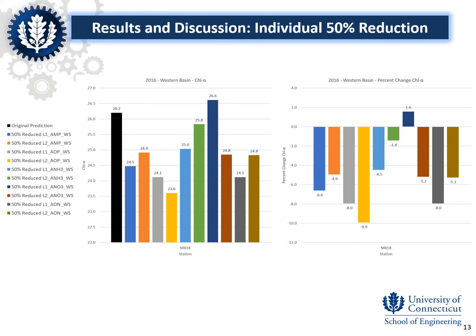In this section, we explore whether reducing any of the 10 forms of EPIC nitrogen or phosphorus fertilizer applications individually would be an effective way to tackle chlorophyll-A concentrations in the lake. We keep an unrealistic individual fertilizer reduction of 50% for each of the variables for consistency, and for simplicity, I am also only showing the results for station MB18.